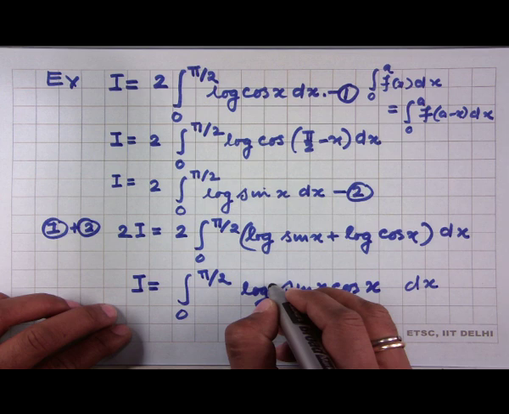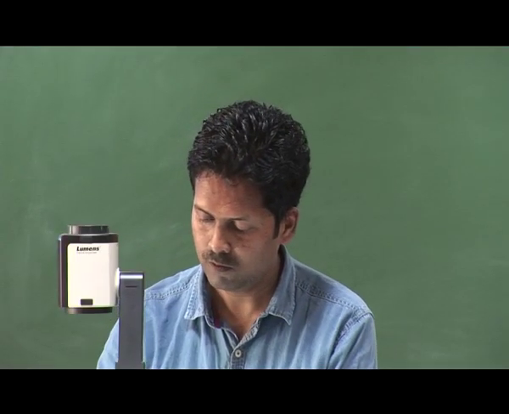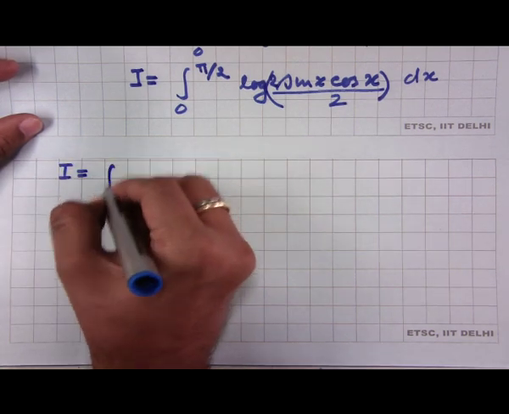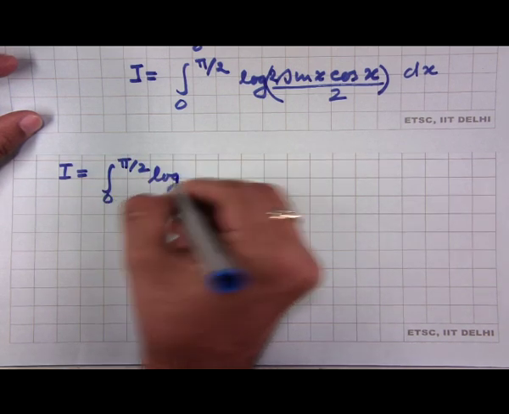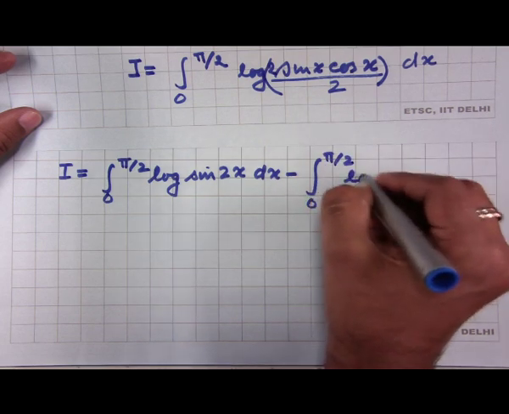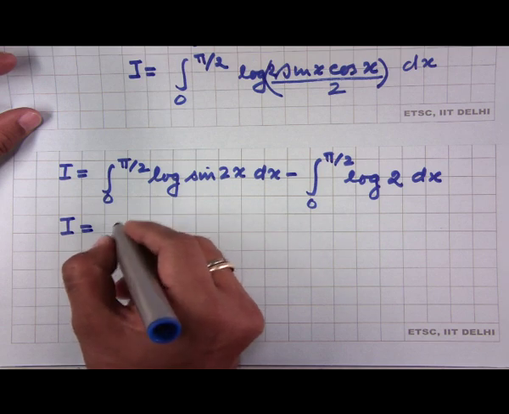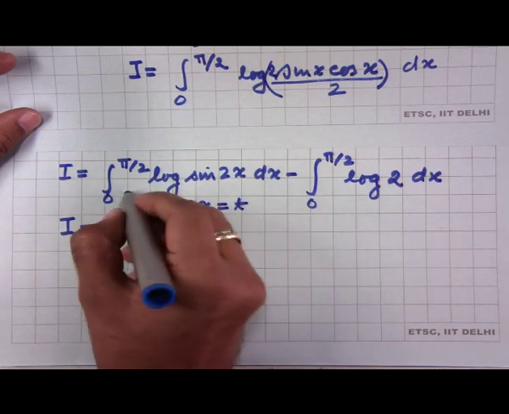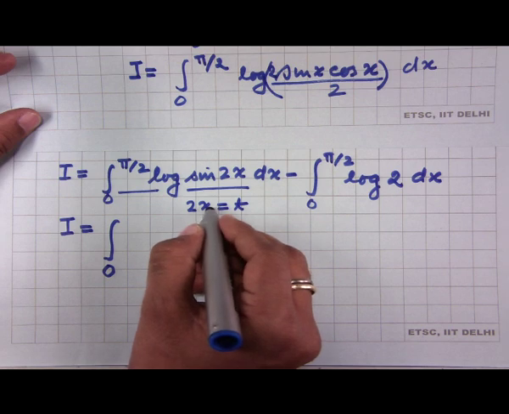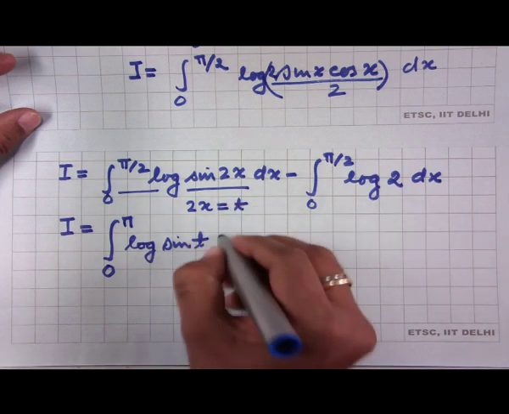So, if you multiply and divide by 2 here, you get I as integral 0 to pi by 2 log sin 2x dx minus integral 0 to pi by 2 log 2 dx. So, I is equal to, if you take 2x equals to t in this integral, x equals to 0, t is 0, x equals pi by 2, t is pi, and log sin t, dx will be 1 by 2 dt,